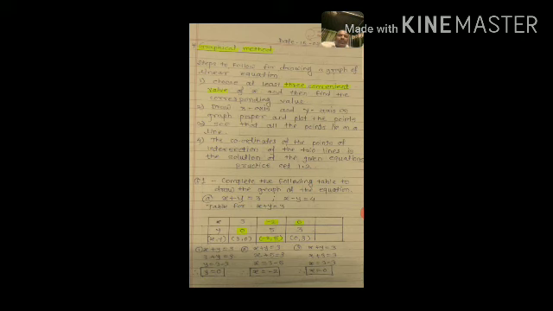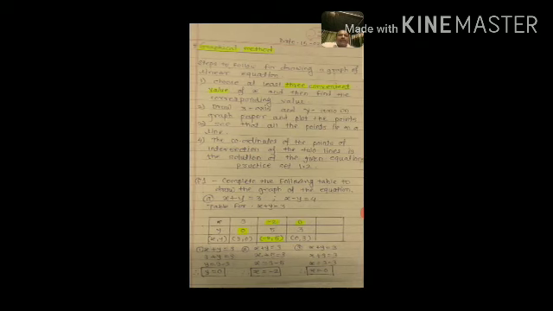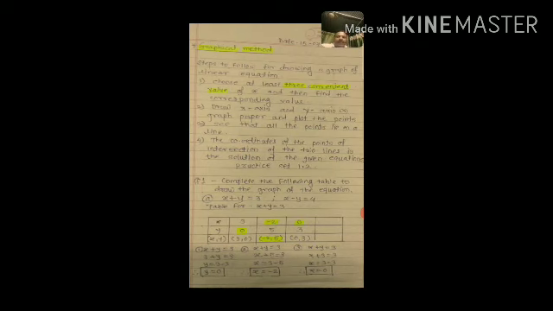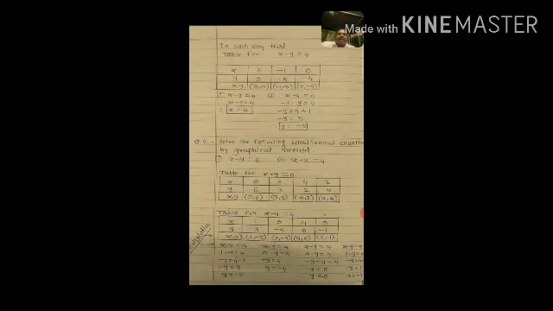Then in the last, y is equal to 3 is put in the first equation, x plus y is equal to 3, therefore x is equal to 3 minus 3, which means x is equal to 0. And in this way the three coordinate points are created here. The first coordinate point is (3, 0), the second coordinate point is (-2, 5), and the third coordinate point is (0, 3), and these 3 points are entered in the first table.